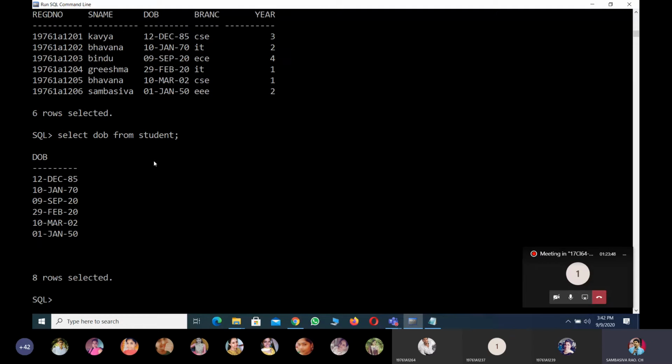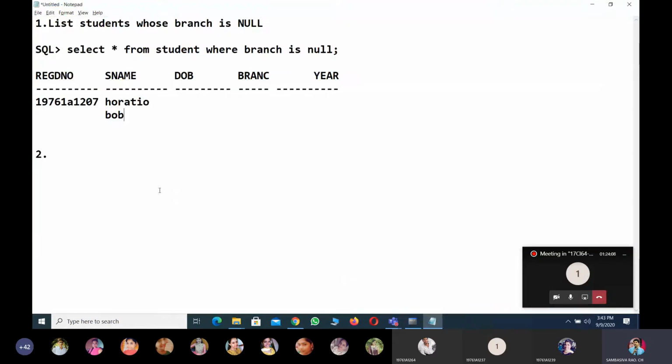That means we get all the student records with their date of birth. Right now we have 8 records. One of them is 1985, 1970, 1920, 2002, 1950. To segregate a value from a date, we have another function called to_char. This function takes 2 parameters.